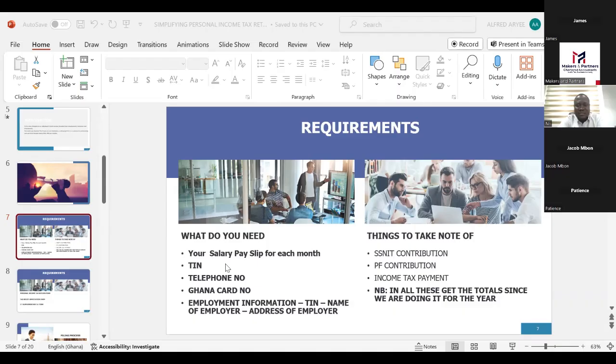And then you get your net salary via your bank or however you are being paid. So this tax, you just want to confirm if that is the right amount you are supposed to pay at the end of each month or at the end of the year. That's the annual one. So let's finish going through the requirements. You appreciate why you would need your pay slip for each month. I hope I've answered you.